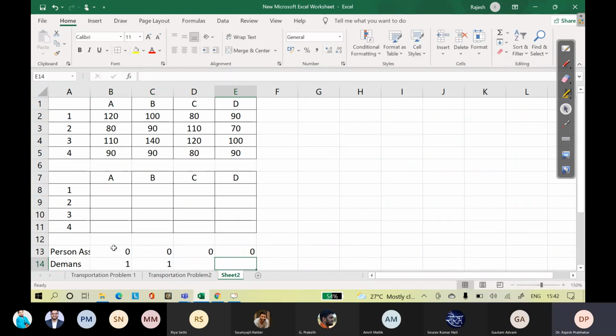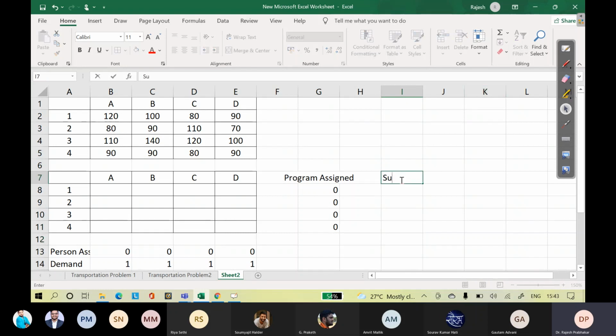Demand will be 1, 1, 1. Then program assigned. Program assigned will be 0, 0, 0, 0. We are not assigning anyone yet.